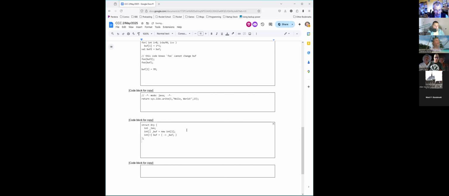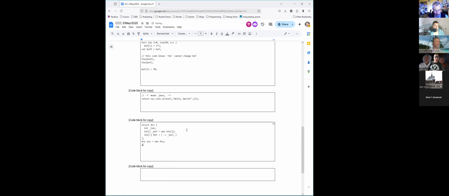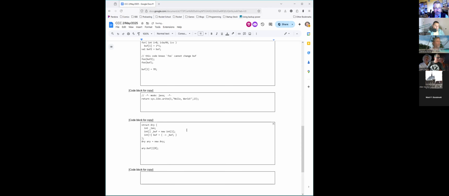So make an array. So I have an array. It's my array. It's new array. Okay, I have one. And I want to say array.buff. Okay, I have the array of ints. And can I do something with it? Well, since I got the bare array, I can ask for 99. That'll give me a runtime array out of bounds exception. But I could say, give me array element 0 or anything I want here. So it's not necessarily what I want because it doesn't do the internal length array check, but I can get the contents of buff as an immutable thing, which means I cannot do this. Immutable, right?